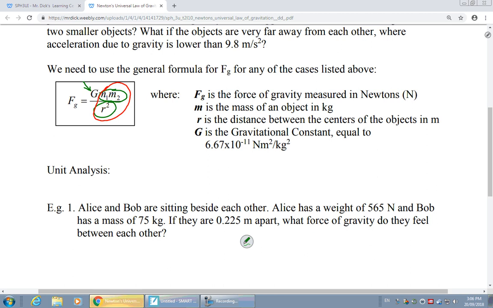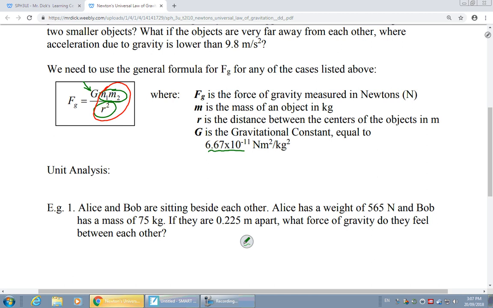This extra constant value is just one specific number that helps the two sides of the equation not only be proportional to one another, but actually be equivalent, to actually equal the same value. It also helps the units work out to the correct units as well. And it's a very tiny number, actually, 6.67 times 10 to the negative 11. Then it's got a very fancy unit that we're going to talk about as we go through unit analysis. It multiplies everything else in the equation by that very tiny number.